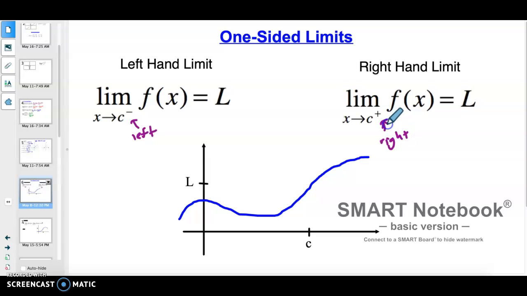Sorry, it's supposed to be an arrow. So if you have a little plus sign as the exponent for your value, that's saying the limit is approaching that value from the right. And then if you've got a minus sign as the exponent, that's saying the limit as x approaches that value